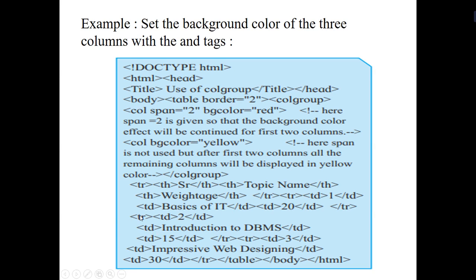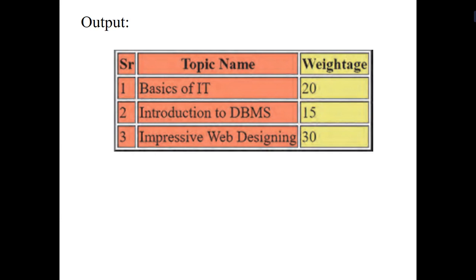Similarly, we will have different entries for our different records. Once we have completed the entries, then we will close the table tag which is opened over here by using \table. So \table is used for closing the table tag. Then your body tag gets closed and your HTML tag gets closed. Again you will save your program with extension .html, and when you execute your file, the output will be displayed as this.